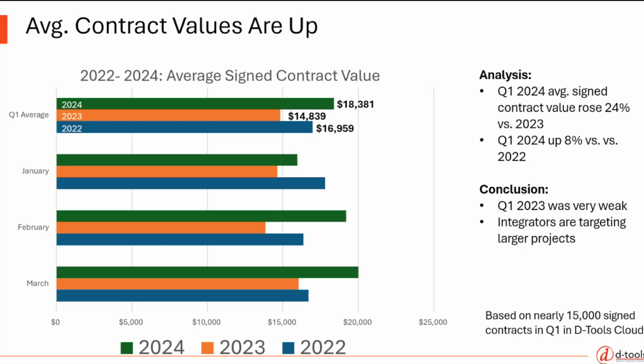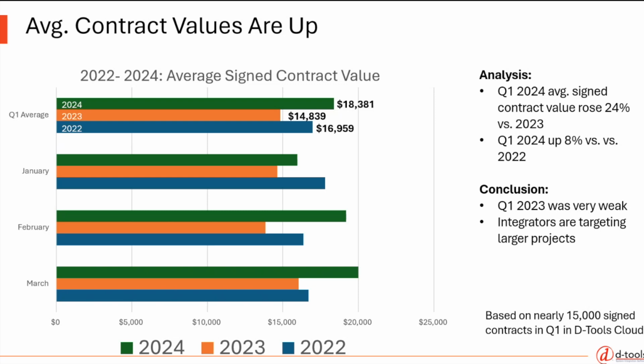And the one thing I'd like you to look at when you look at this chart is the weakness, the orange bars. The orange bars represent Q1 of 2023, and we can really see how tough it was in Q1 of 2023 in terms of dealers being value engineered down or whatever the case may be, but the project sizes were significantly lower in Q1 2023 than even in 2022, and then certainly in 2024. So again, just a visual glance, you can see how rough it was.